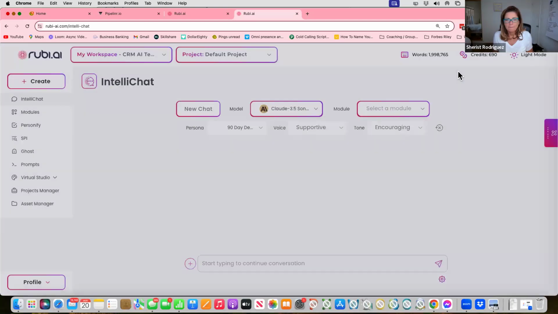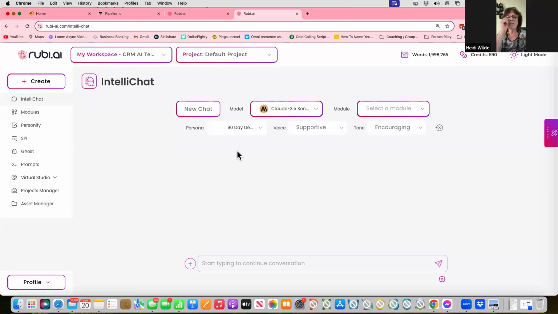Yeah, there's so much. I use the chat all the time now, and I use it with the module and I use it without, and I use it changing which chat I want to use. So yeah, I love it. I love the new and improved chat. One more piece I'll share quick.